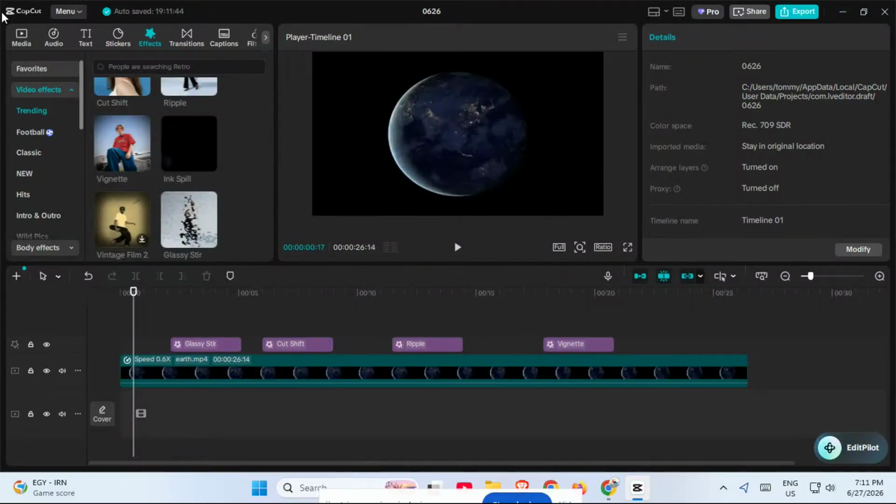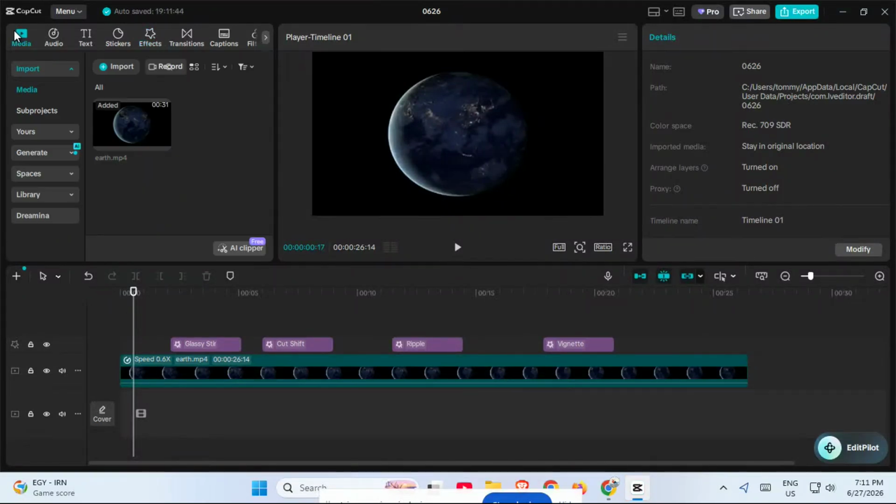If you want to delete video effects on CapCut PC, you're in the right place. In this quick tutorial, I'll show you the easiest way to remove effects from your timeline so you can clean up your edit fast and get back to building your video the right way. This is really useful if you added the wrong effect, changed your mind, or just want to simplify your project